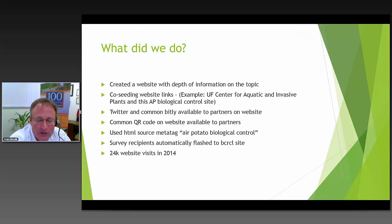And how did we do that? It wasn't just by mistake. We had a concerted effort to make it preeminent on the internet when we used those search terms. We created a website with depth of information on the topic. We co-seeded other websites. For example, we worked with the University of Florida Center for Aquatic and Invasive Plants, and